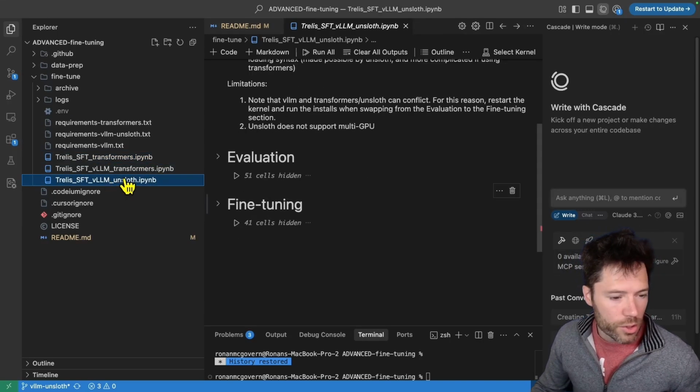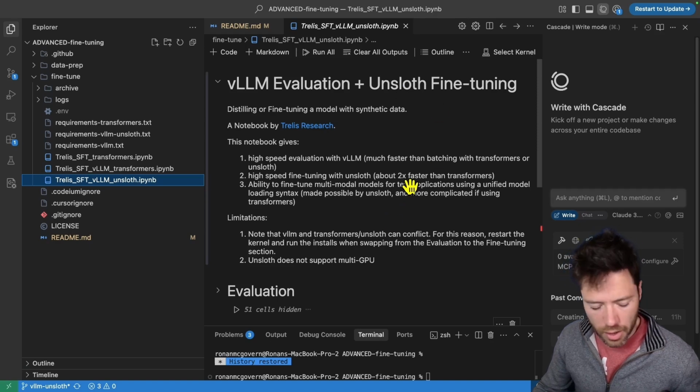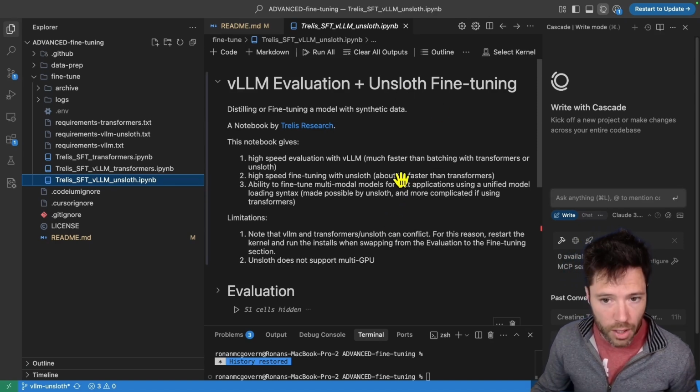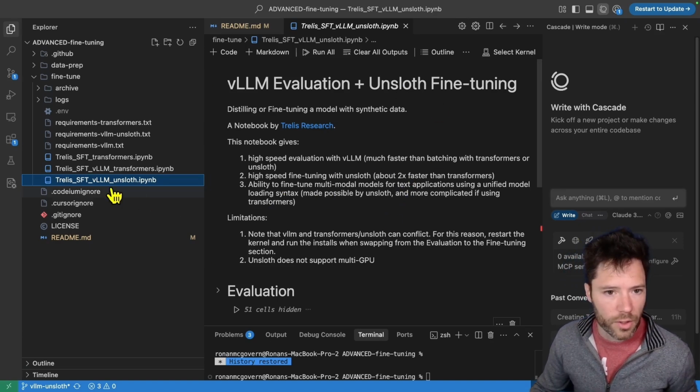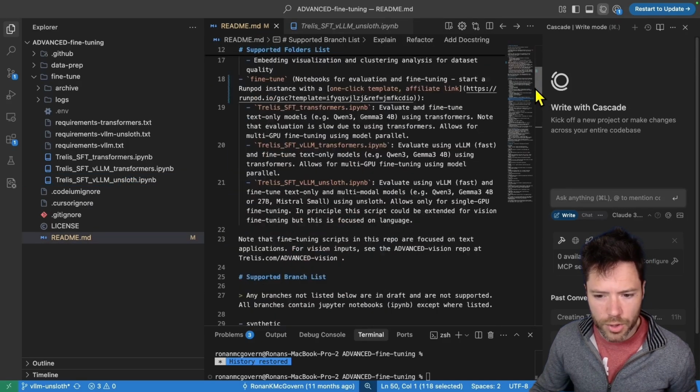So I'm going to show you a fine-tune using the Unsloth script here. The transformer script more or less follows it. And when I go through this, I'll highlight a few points where there's a difference between using Unsloth and the transformers fine-tuning. Now, to get going on a GPU, I'm going to use RunPod and this one-click template affiliate link I